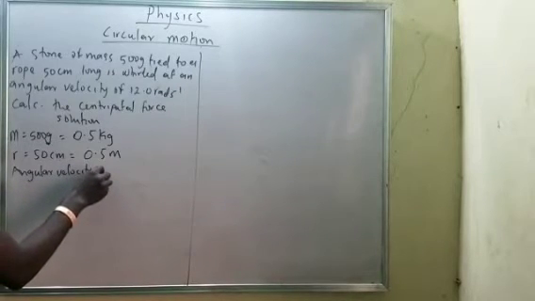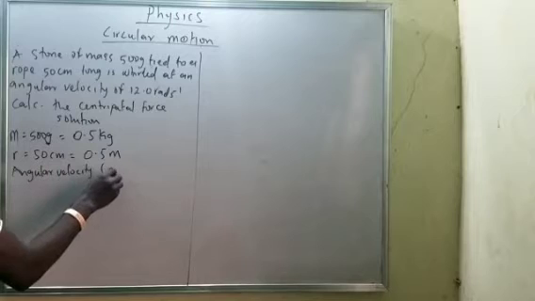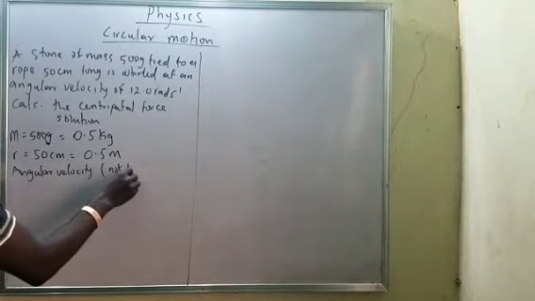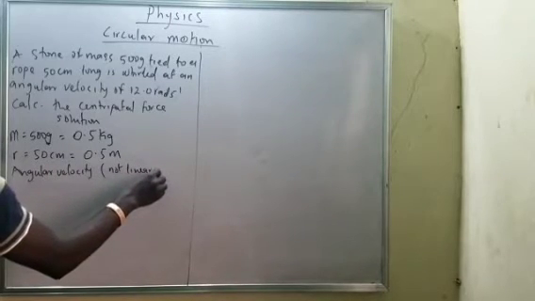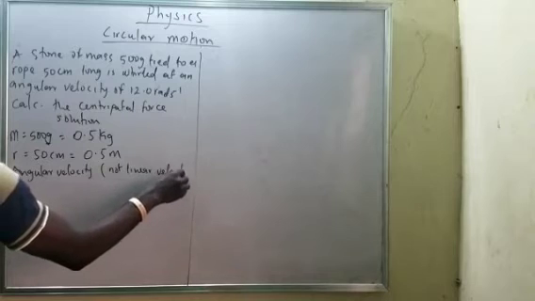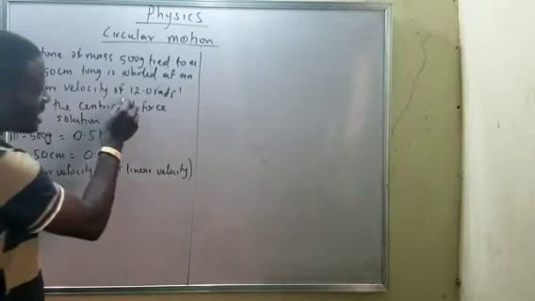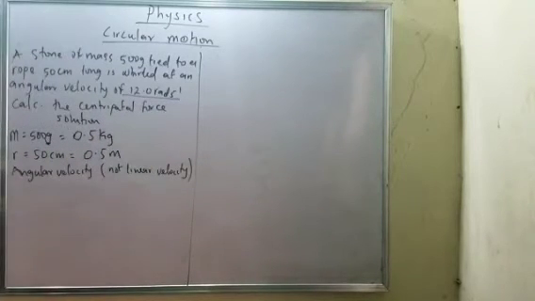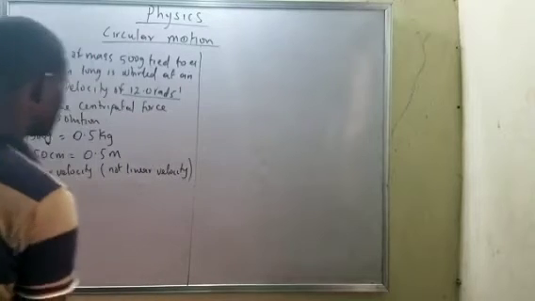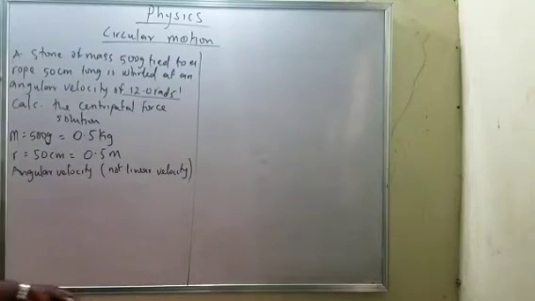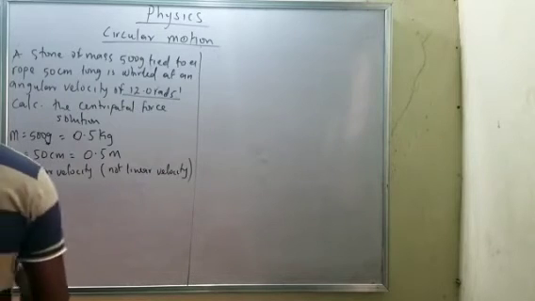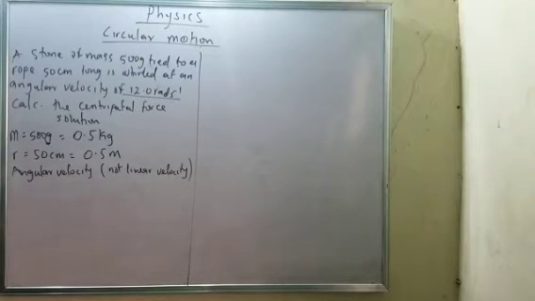Angular velocity, which is not linear velocity. The difference between linear velocity and angular velocity: this one is angular velocity. That's why it's attached to rad per second. If it is normal velocity, it will be meter per second. Anyway, now rad per second, it means it will be equal to